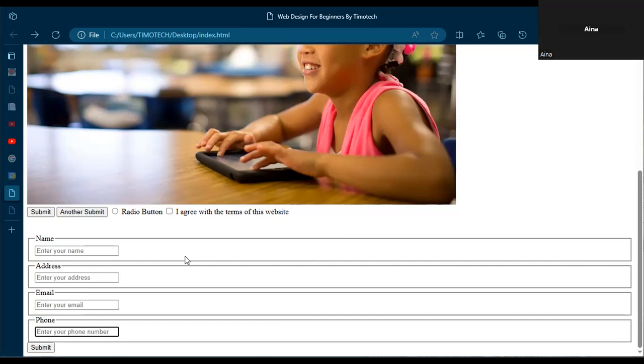One last thing before we go. For example, you can put your name here. Let's say Tim, your address 2456 Stephen Road. My email, let me just put Tim there, and then my phone number, let's say something like this, something of that nature. If we are to submit,